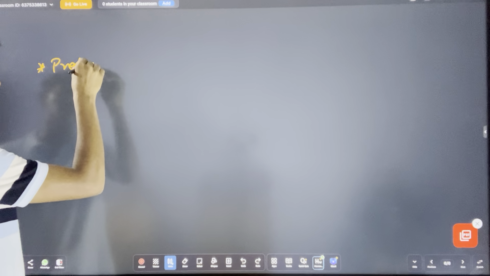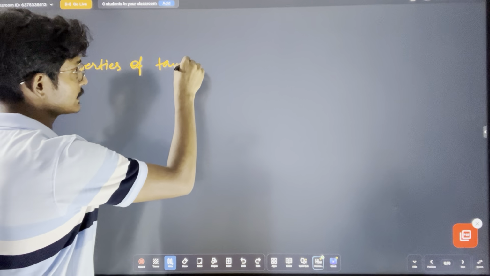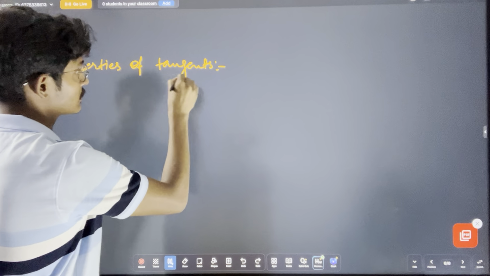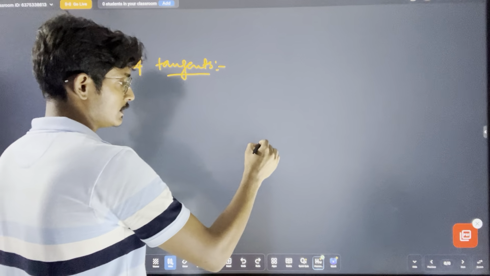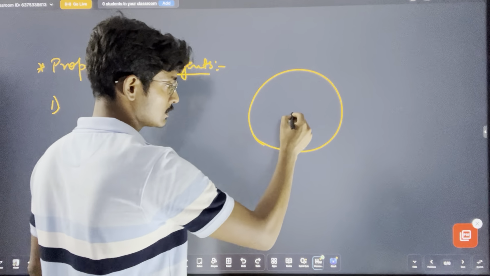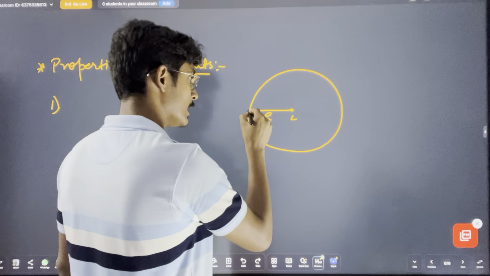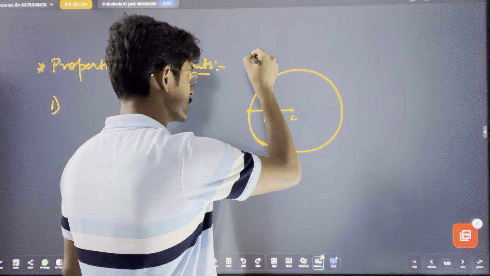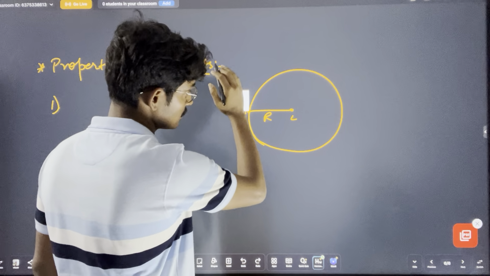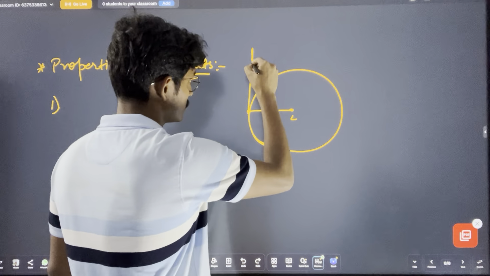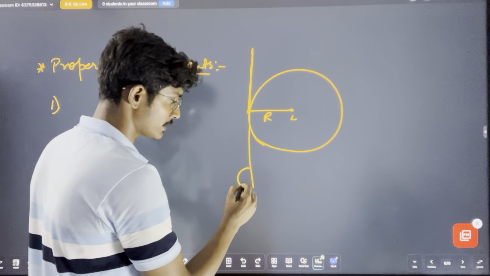Properties of tangents. One is, in a circle, if this is your center and this is our radius, if we draw a tangent over here, this is our tangent,